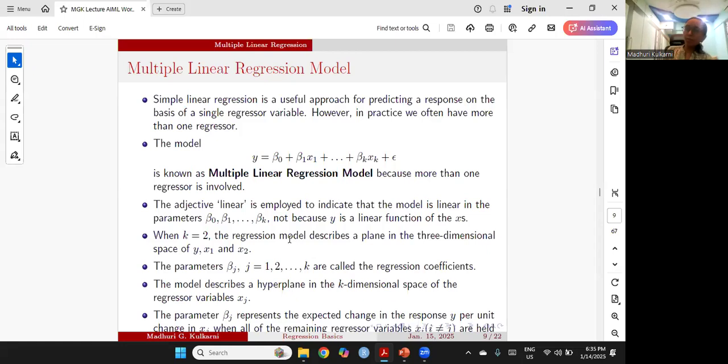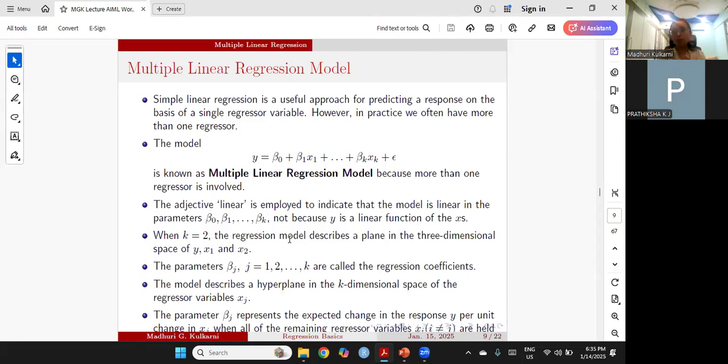If they are dependent on each other, say x1 is dependent on x2, and both are there, then if both are so much related to each other, you don't need both of them in the model. One of them would be enough, because using one, I can find the other. So we have to ensure that x1, x2, x3 all are mutually independent. More or less independent, approximately. I wouldn't say fully, because in real data you don't get that. The case study that I'm going to discuss deals with such a case wherein they are heavily linearly dependent on each other. Very heavily.